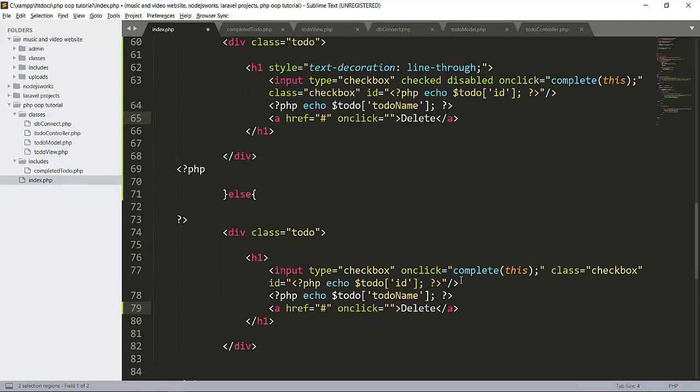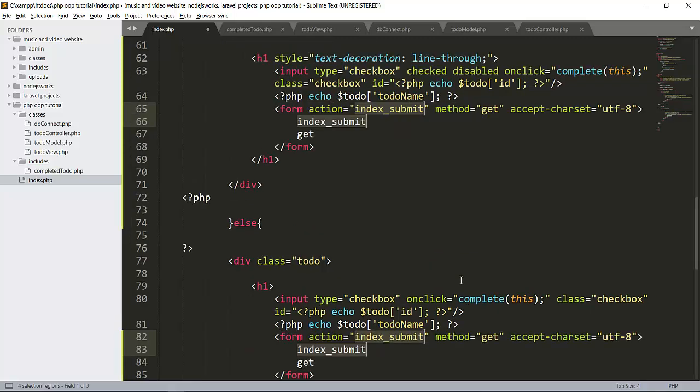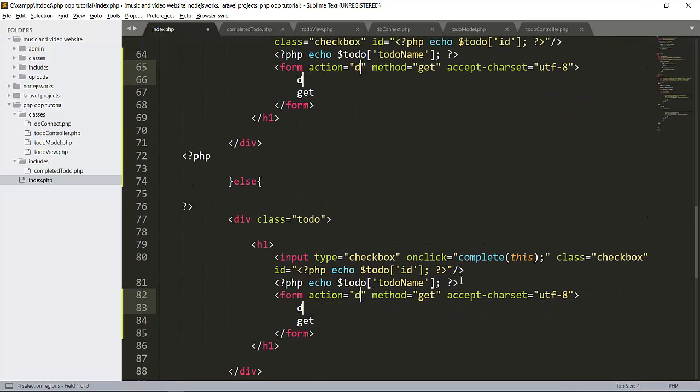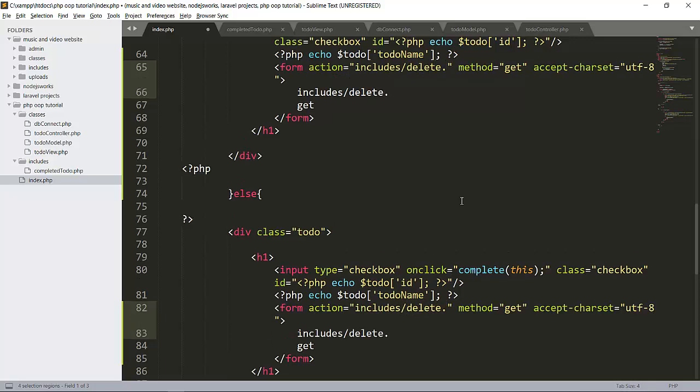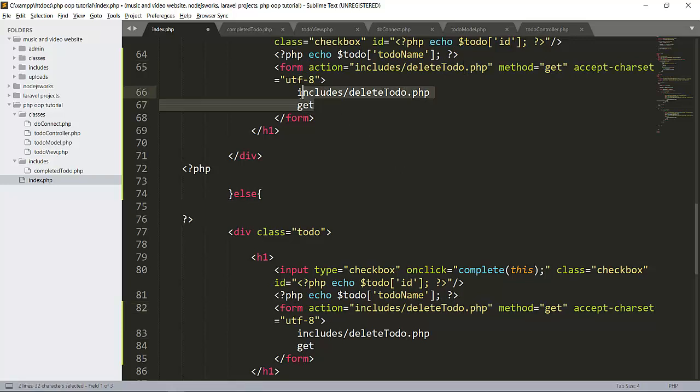On click, let's write one form here. The action will be delete, in the includes slash delete dot php, here will be delete to-do dot php.